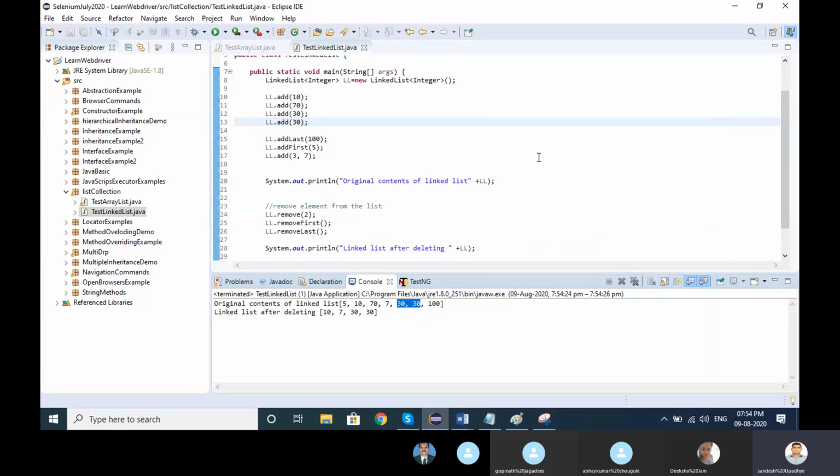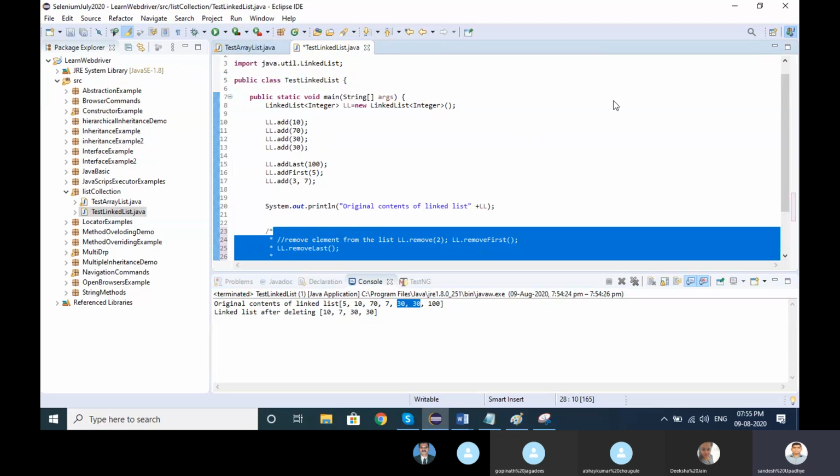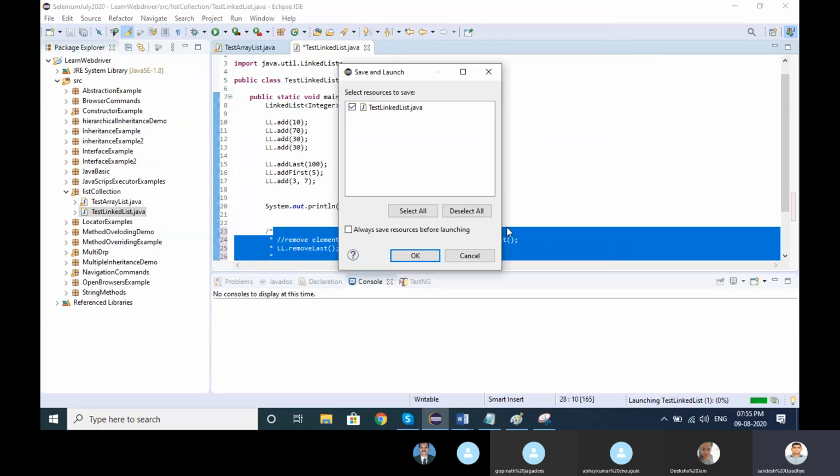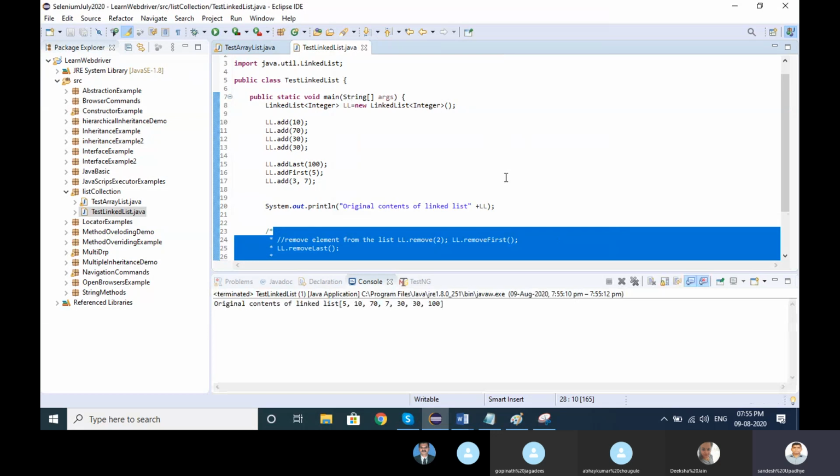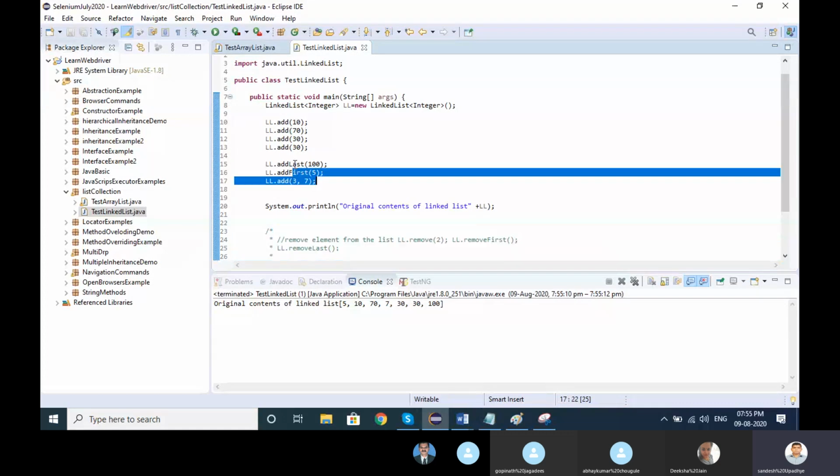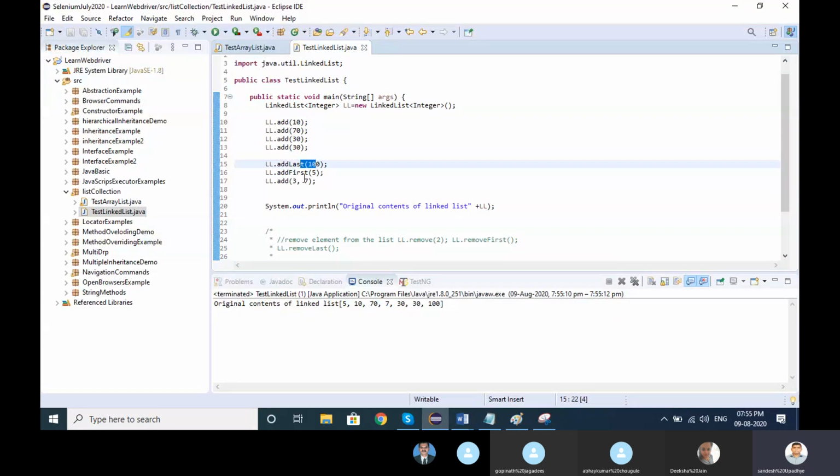If I run this, it maintains the insertion order, whatever we have inserted first: first 5, then 10, last 100, and then whatever the value. So the main difference between array list and linked list is in the background.